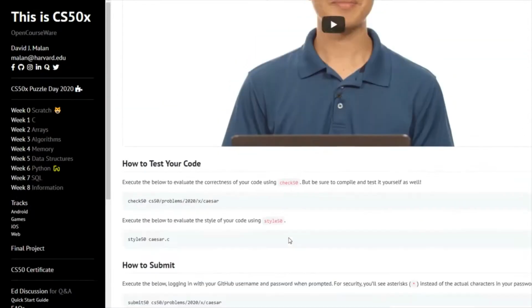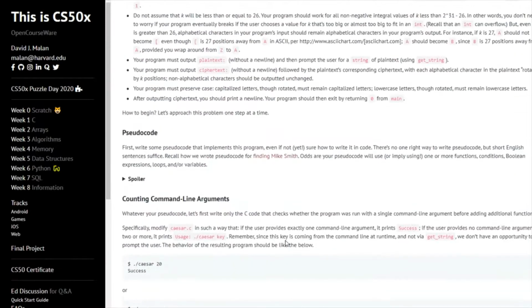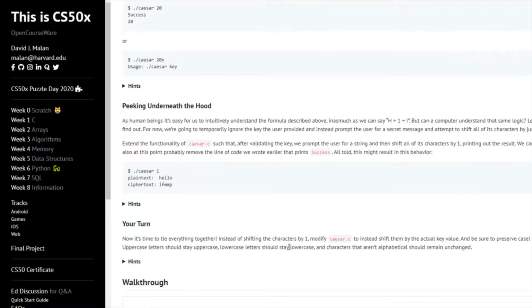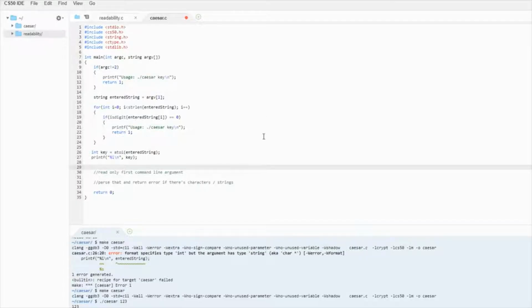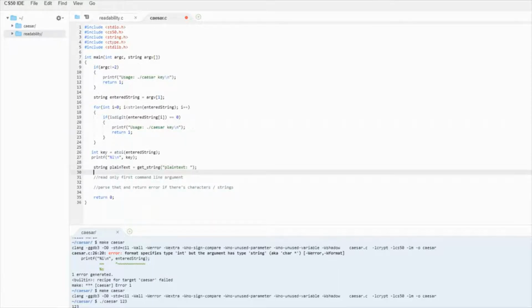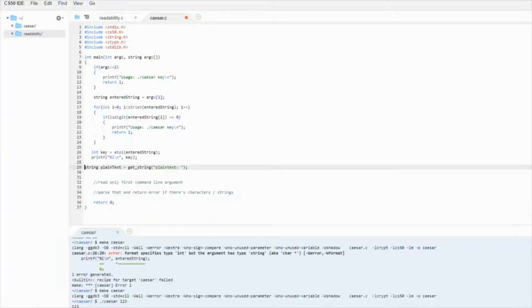But we are now at the turn where we ask them for the string that we want to pass in. So this plain text thing. So now I'm just going to call out for a string. I'm going to create a string called plain text, and then use the CS50 library get string to ask them to enter something. And all my stuff's weirdly off. So the string plain text is going to hold what they entered. We don't really have to error check this